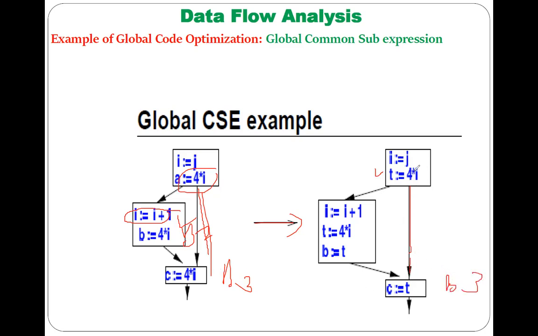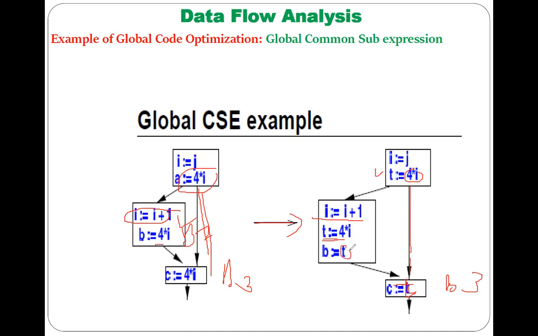In the B3 block, instead of using the 4 into I directly, you are utilizing the t. What changes can you make here? You write I equal to I plus 1 as it is. Then you use the variable t here. Okay, t is 4 into I, and instead of using the 4 into I here, you utilize